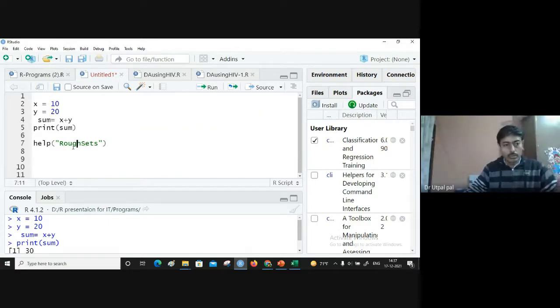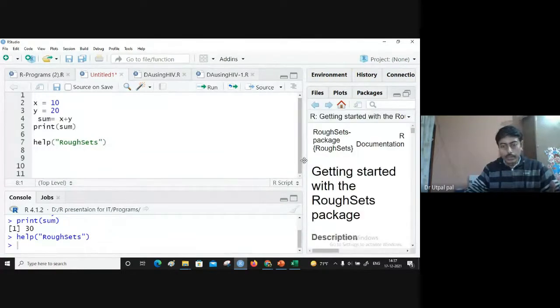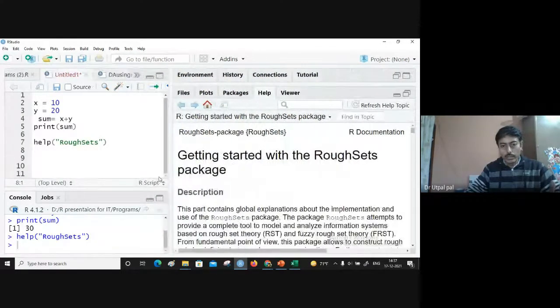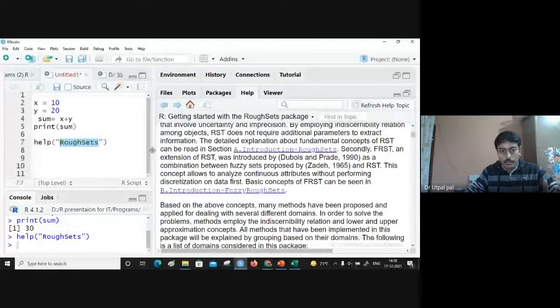If you just type it within help, within double quotes, and click the run button, R is now finding that package, and you will get complete details about whatever you want to know in this window. You can read everything about this. This is the package, and what it does, everything is given here.